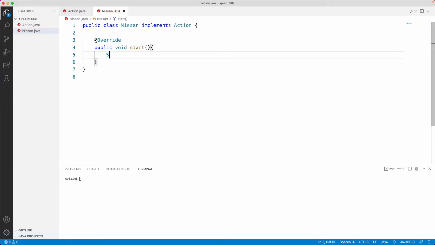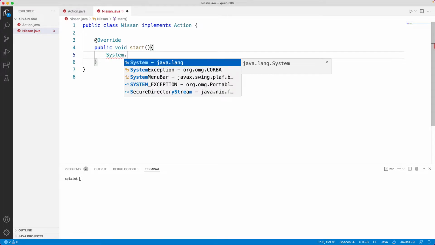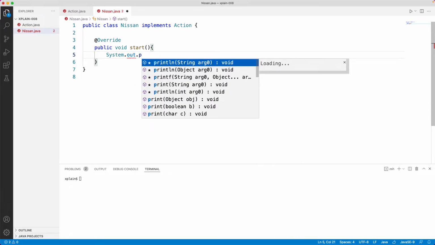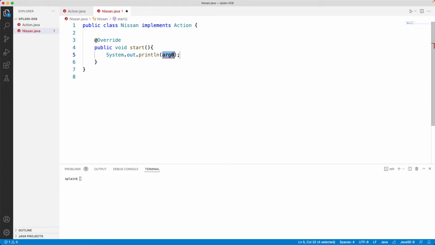Within that, we would like to print line starting Nissan,